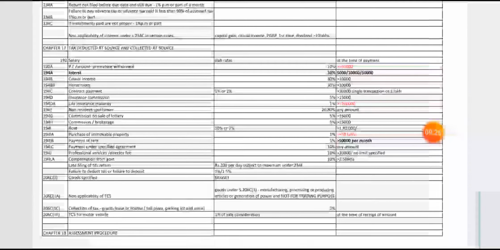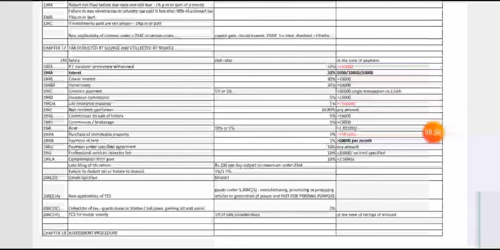So what all is covered? Participation in a game or sports is covered. Advertisement is covered. Contribution of articles relating to any game or sport in India in newspaper, magazine, everything is covered. What is not covered? Games like crossword, puzzles, horse race are not included. Okay, non-resident is done. Now 194G, commission on sale of lottery ticket,